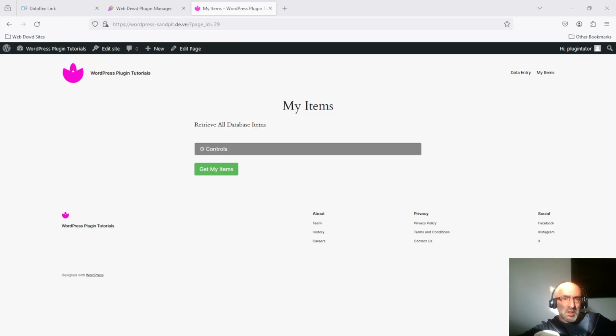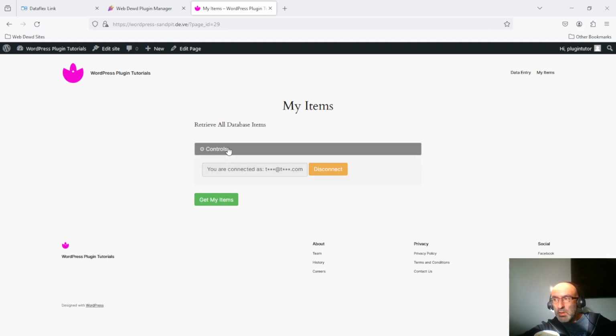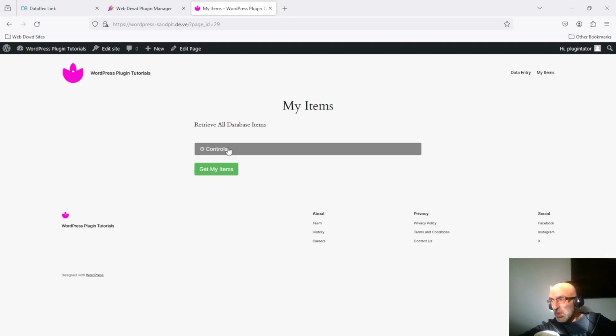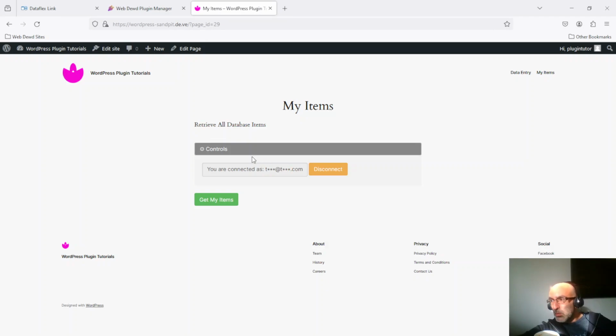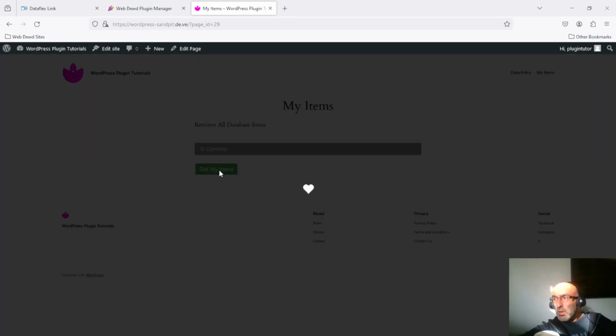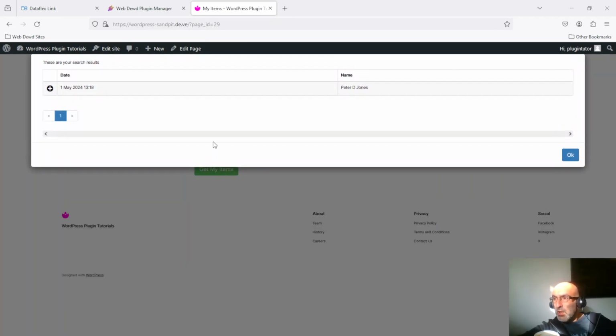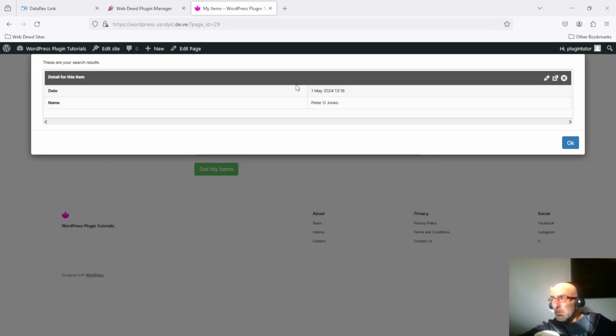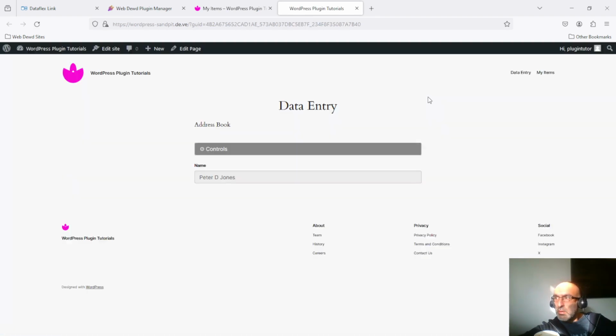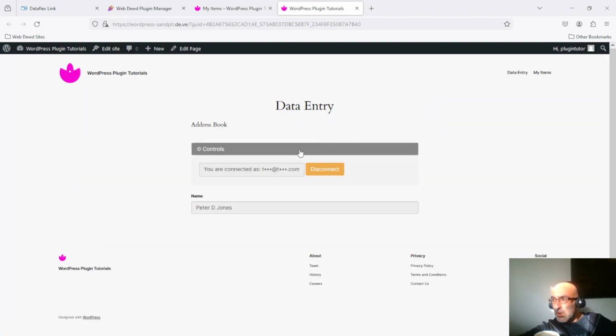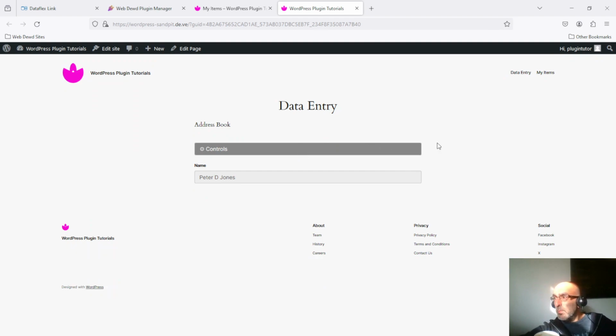In this video we're going to look a little bit more at security. I'm going to look at locking down our database and our search. So right now, from the last tutorial we connected as test.test.com, and if we remember, we have one entry, Peter Jones, and when we click to edit this entry, there's no way of editing it. We will sort that out in future, but for now